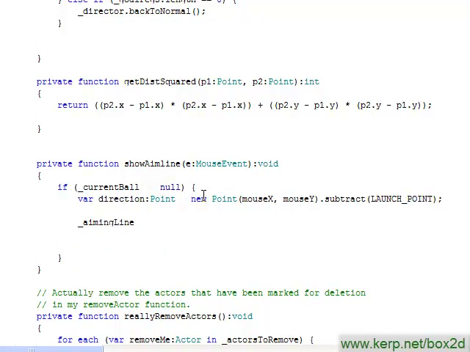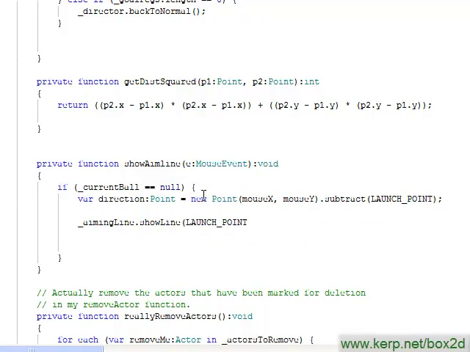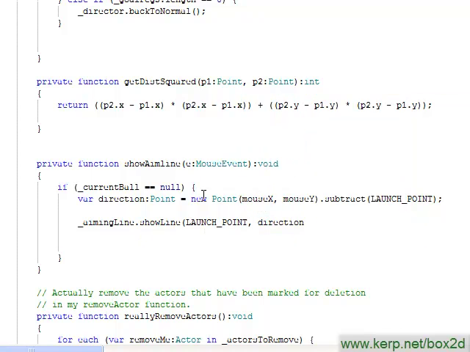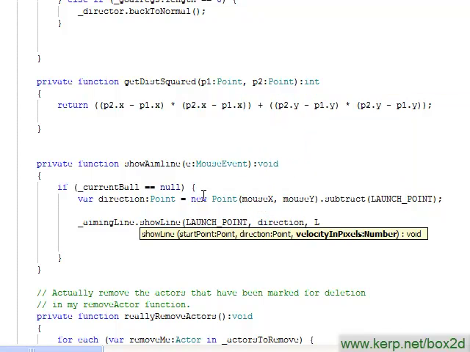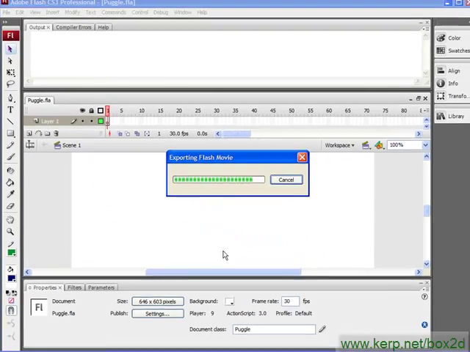Now I'm just going to call aiming line. I'm going to call the show line function. So our start point is this launch point constant that we've defined at the top of our file. The direction is the direction that we just figured out above. And our velocity in pixels is this launch velocity constant. Save all this, run it,